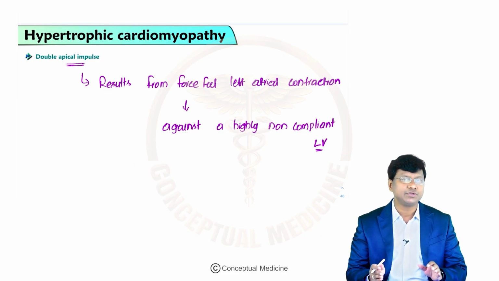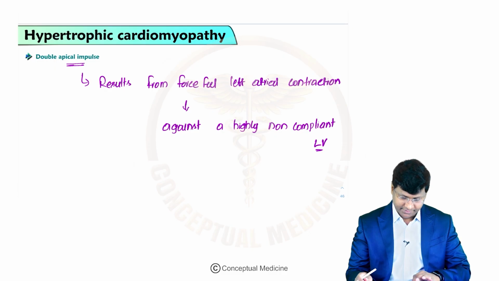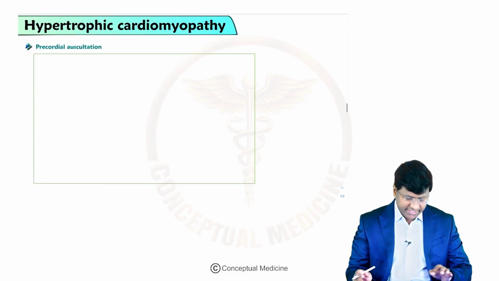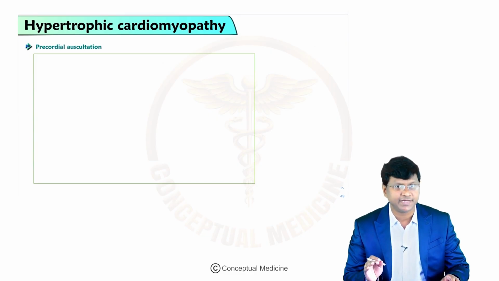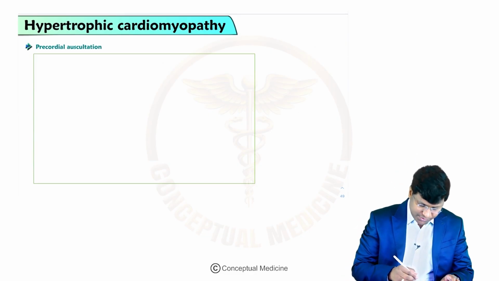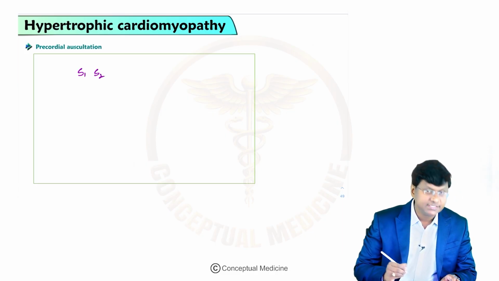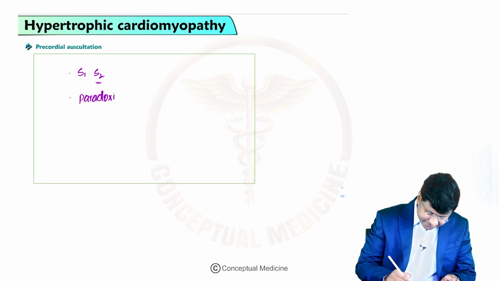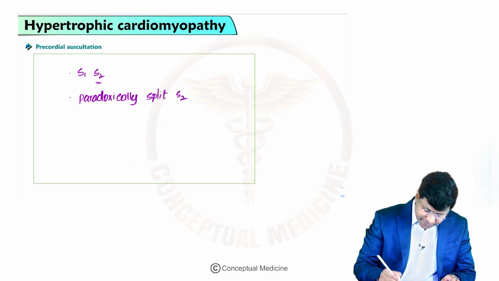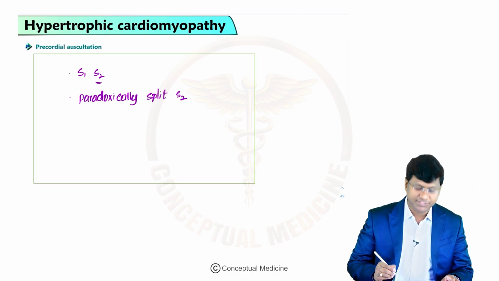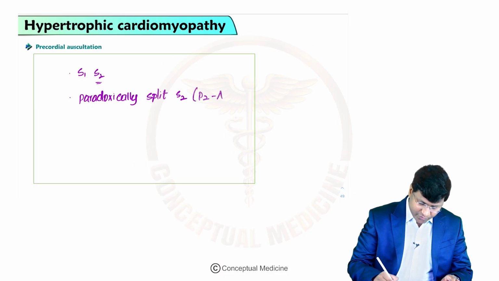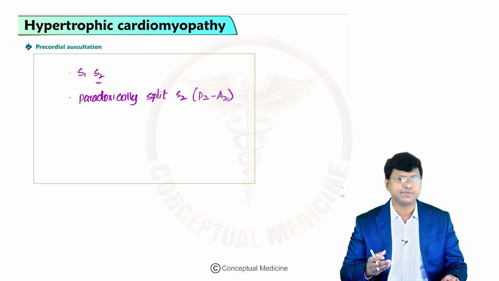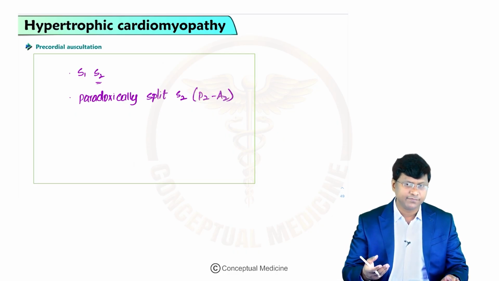Now coming to the auscultation in patients with hypertrophic cardiomyopathy. There are some important points that you have to know. Regarding the heart sounds, you will have the first as well as the second heart sound. But regarding the second heart sound, there can be a paradoxically split S2. What do you mean by paradoxically split S2? There will be P2 followed by A2. And why is that? That is because of an increase in the time required for the flow of blood from the left